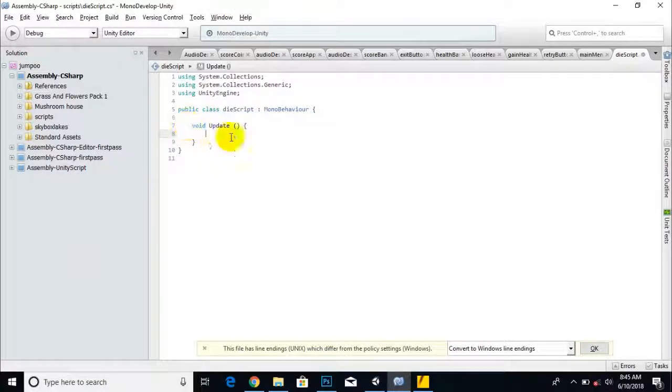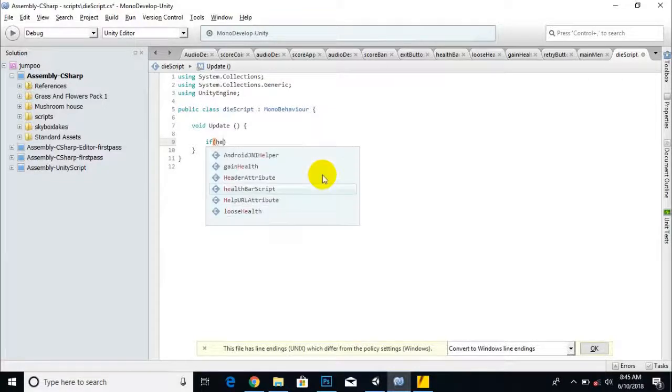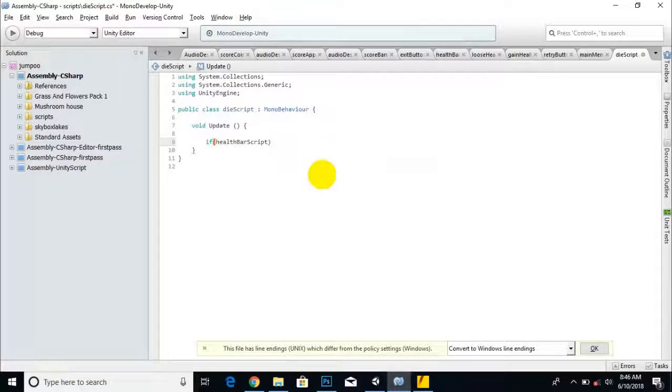Here we can say that if healthBotScript.health equal to 0f, also for unit. So we are saying that if health becomes 0, then what will happen? So we will do